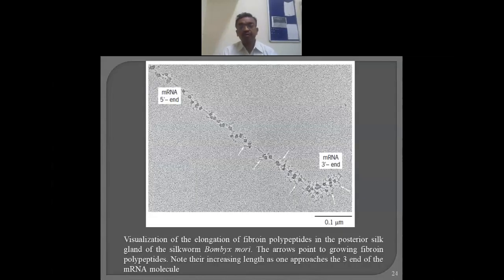And what happens to the peptide which is synthesized? Here we are saying that one amino acid is connected to another, and in that way thousands of amino acids get connected. But does that structure remain linear, or does it undergo folding and so on? That we are going to discuss in the coming lecture. So that's all regarding translation.